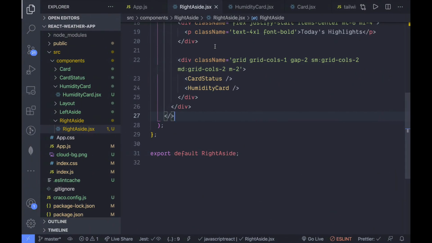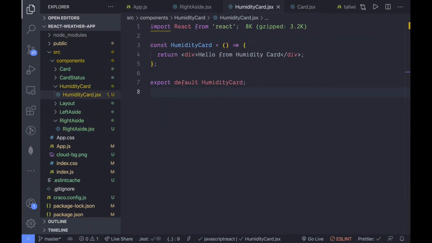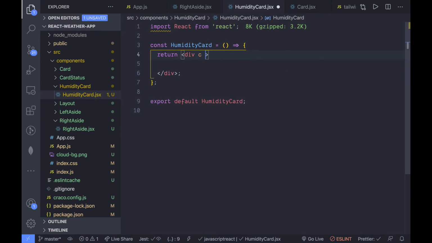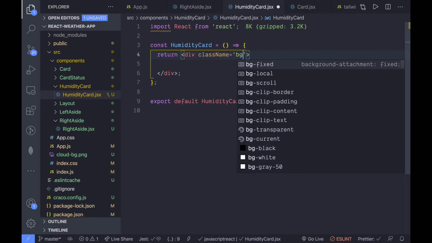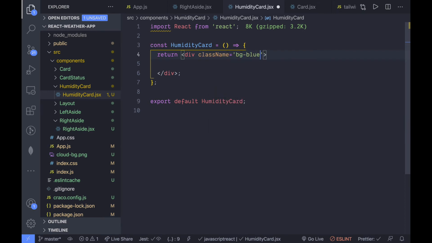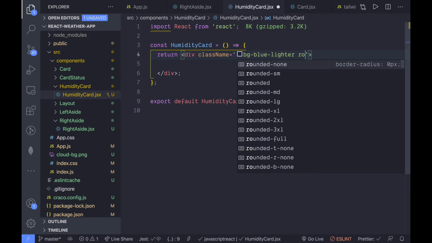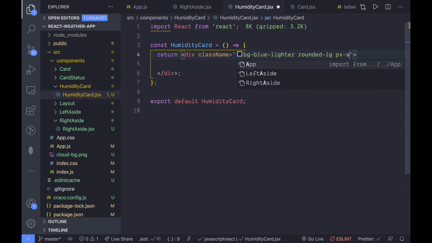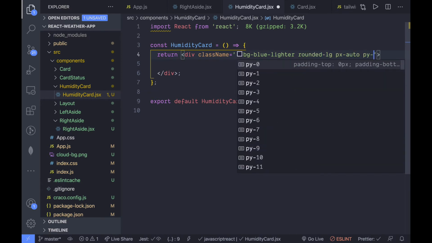Go back to the humidity card.jsx file, and now we'll be defining styles for our card. So just remove the text right here and give this division a class name. Let's just say the background to blue lighter as always, and rounded borders, px to auto, and py to 8.